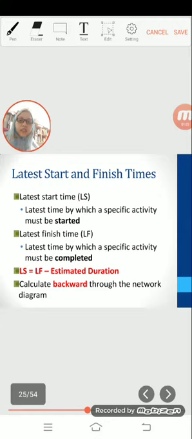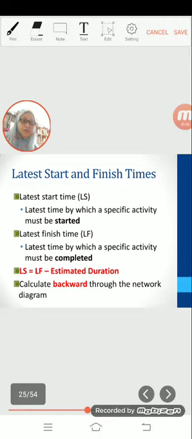Okay, next we want to learn about latest start and finish time. Latest start, which is LS, is the latest time by which a specific activity must be started in order for the entire project to be finished by its required completion time. It is calculated by subtracting the activity's estimated duration from the activity's latest